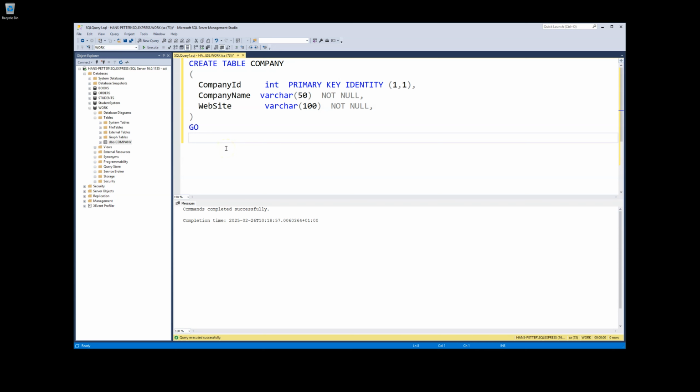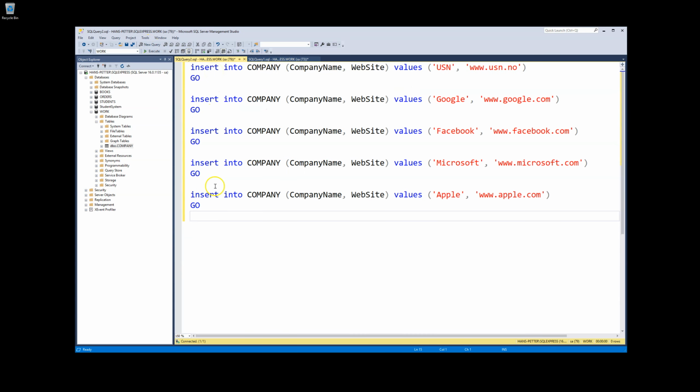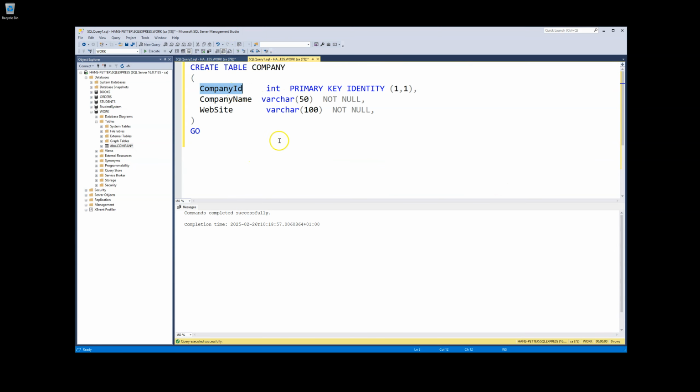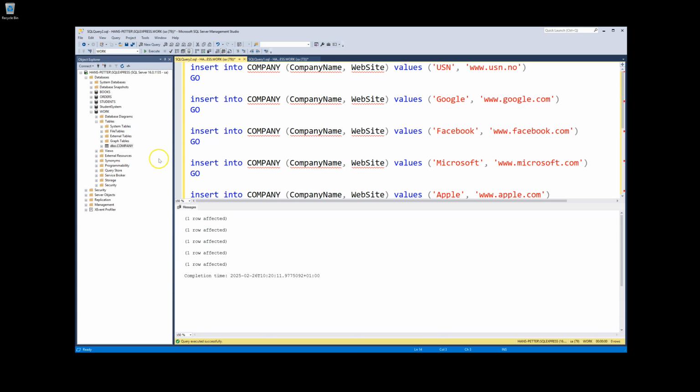So next is to insert some data into that table. So then I can just click new query, and I have some already made here. So then we just insert some data into this company table: insert into company, company name, website, and then we have different companies like USN, Google, Facebook, Microsoft, Apple, and their belonging websites like this. As you see, we don't need to insert this company ID because this is set up as an identity column, so it's automatically created. So let's just run these SQL scripts by clicking this execute button,